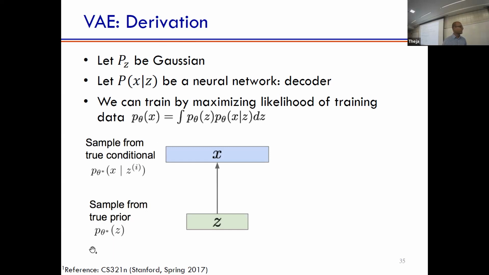So this is what you're going to assume. P theta star of Z basically is a Gaussian distribution. And what we want to do is still learn theta star, same as from the previous slide. And how do we learn that? We can say P of theta star is the actual thing, maybe that was the data generating parameter, but we know that P of theta of x is nothing but the joint distribution, which is